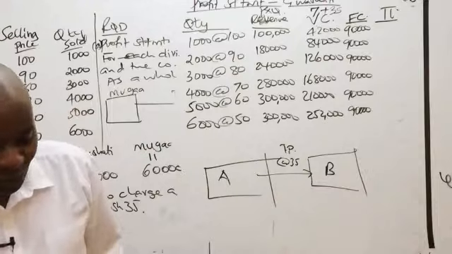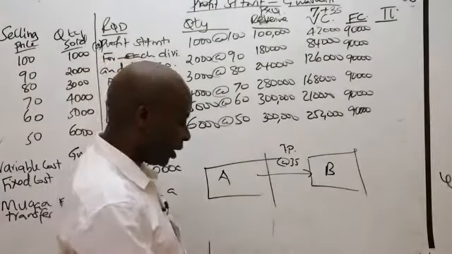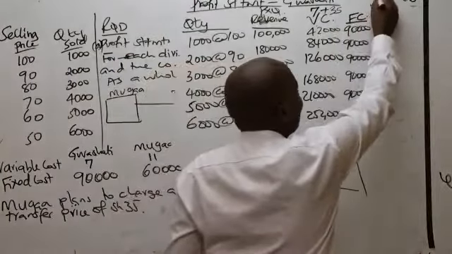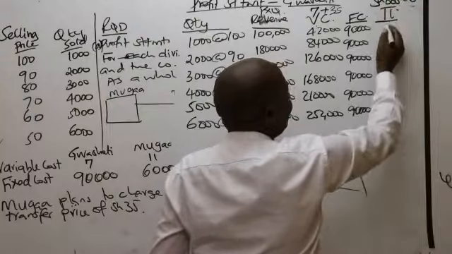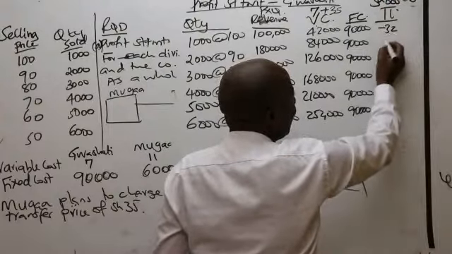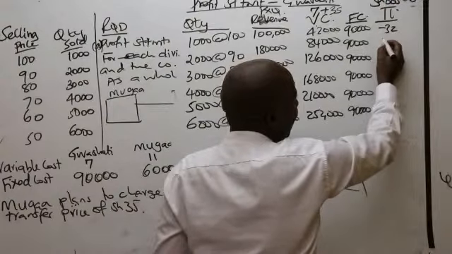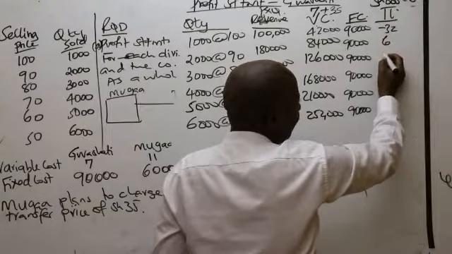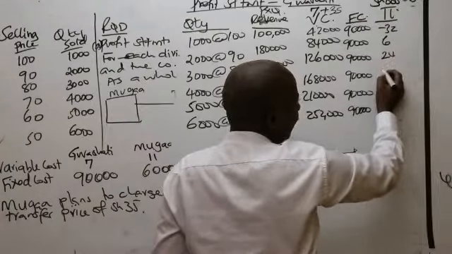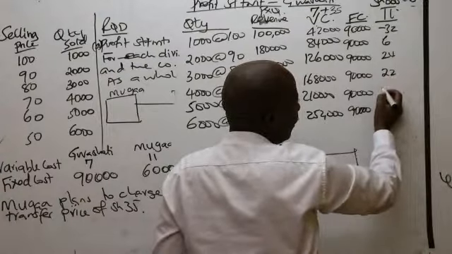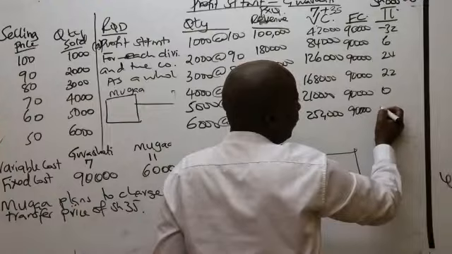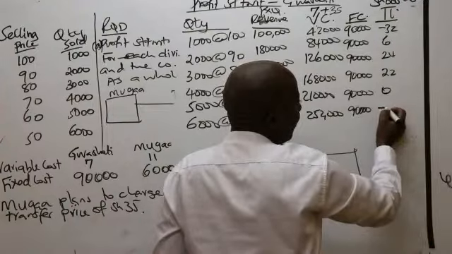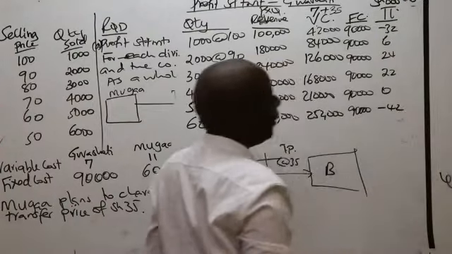Okay. So what figures do we have here in thousands? The first one will be negative 32. Second is positive 6. Third is positive 24. Then the fourth is positive 22. The fifth is 0. And the sixth one is negative 42.